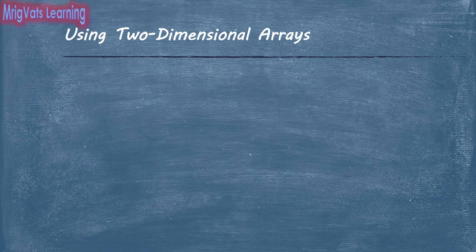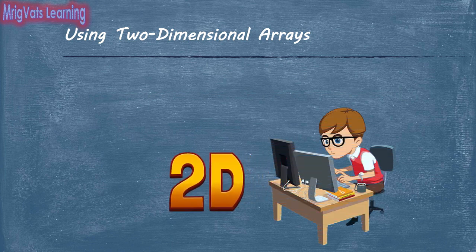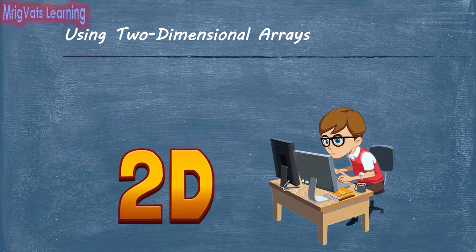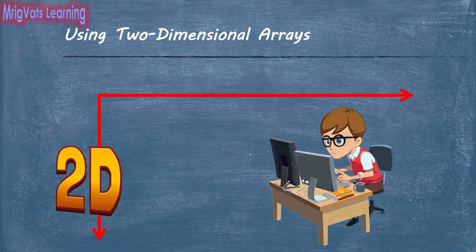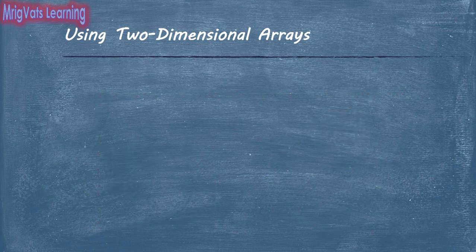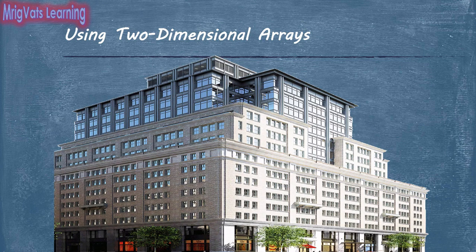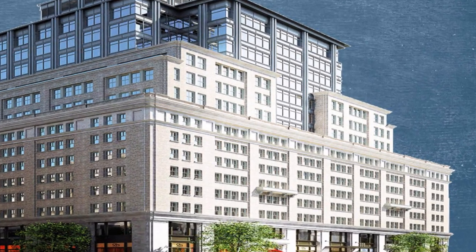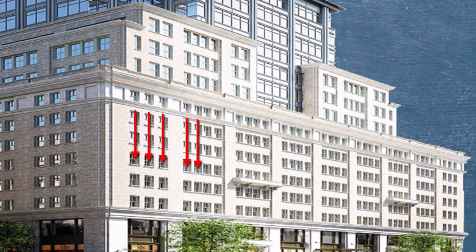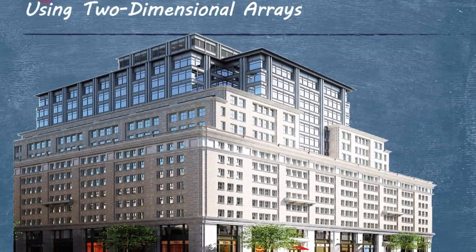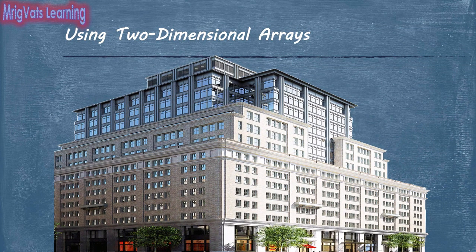The arrays we discussed so far are also known as one-dimensional arrays that have only one dimension, either vertical or horizontal. However, in a two-dimensional array, you declare an array that has two dimensions, vertical as well as horizontal. You can visualize a two-dimensional array as a large multi-story building such as a school, hostel, hotel or a government office. You can further visualize various rooms of each floor as an array element and each floor as a row of array elements.